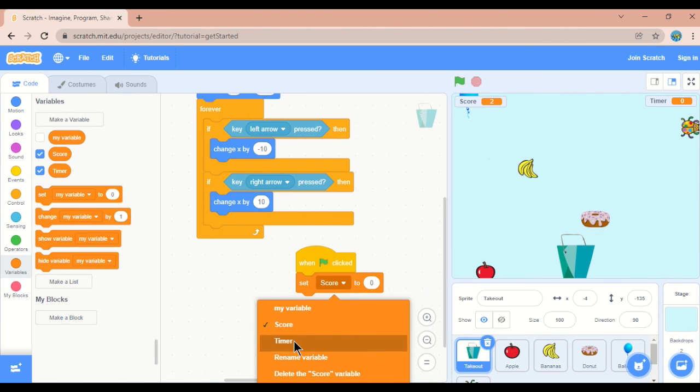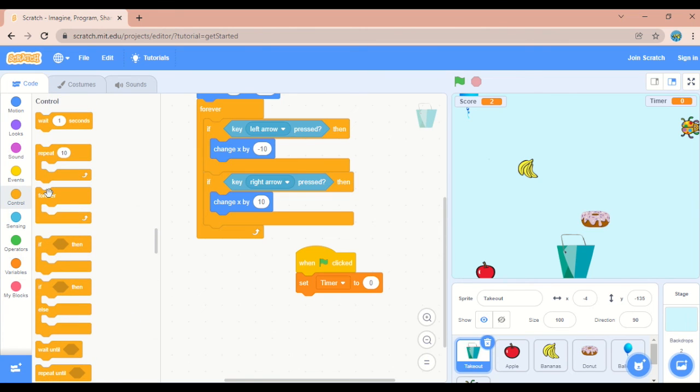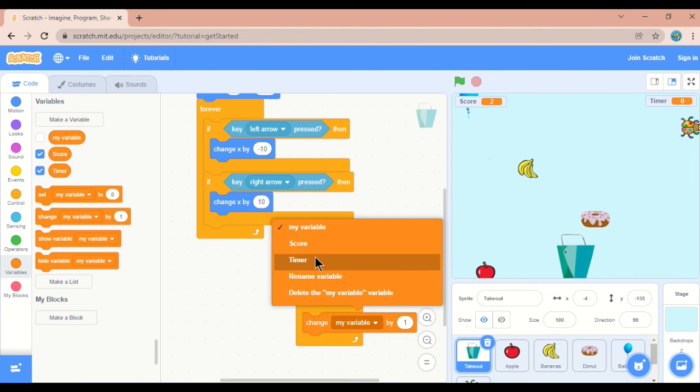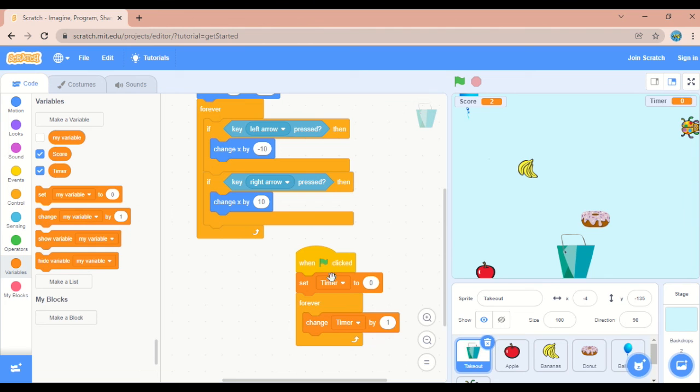Not score, timer to 0. After that, the timer should be changing by 1. So you can choose a forever loop. Inside that, you can give the command change timer by 1.